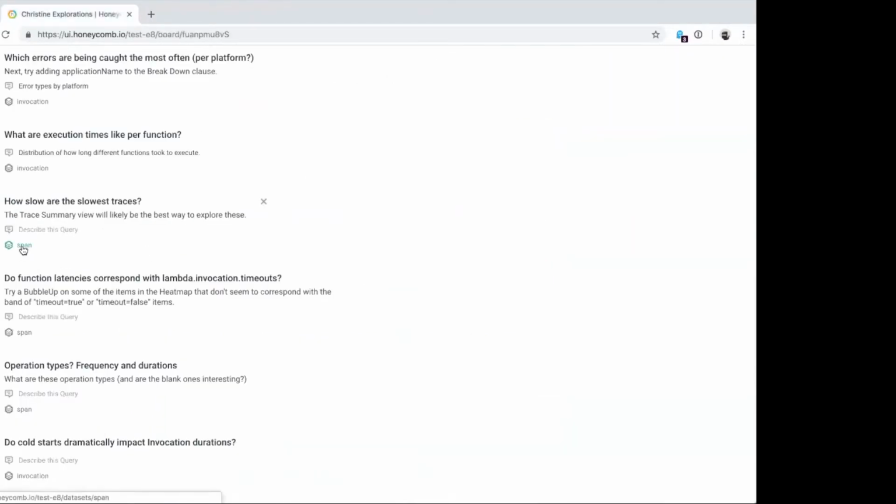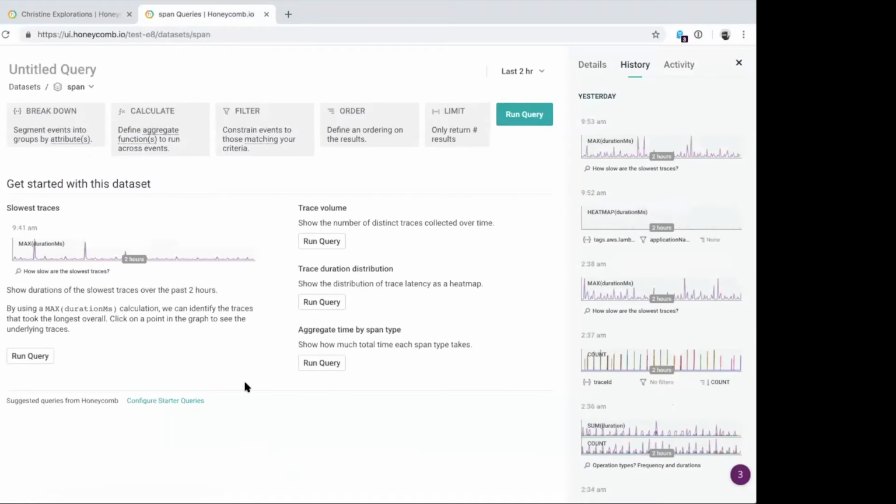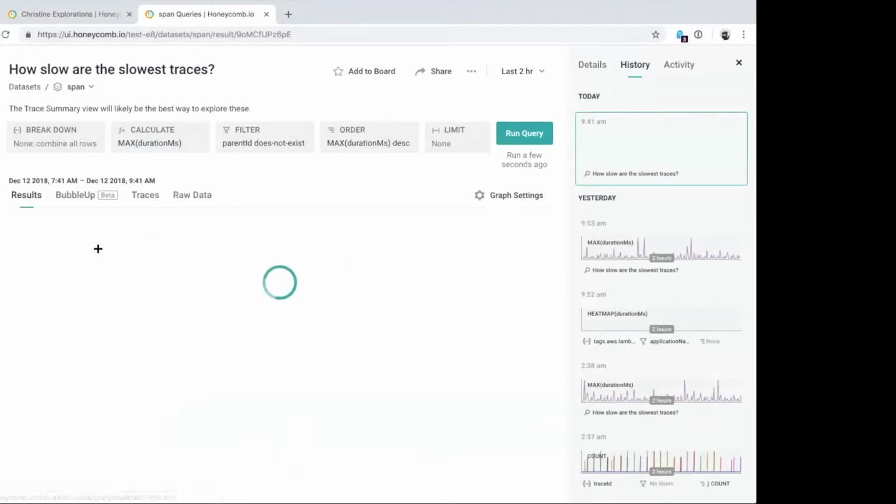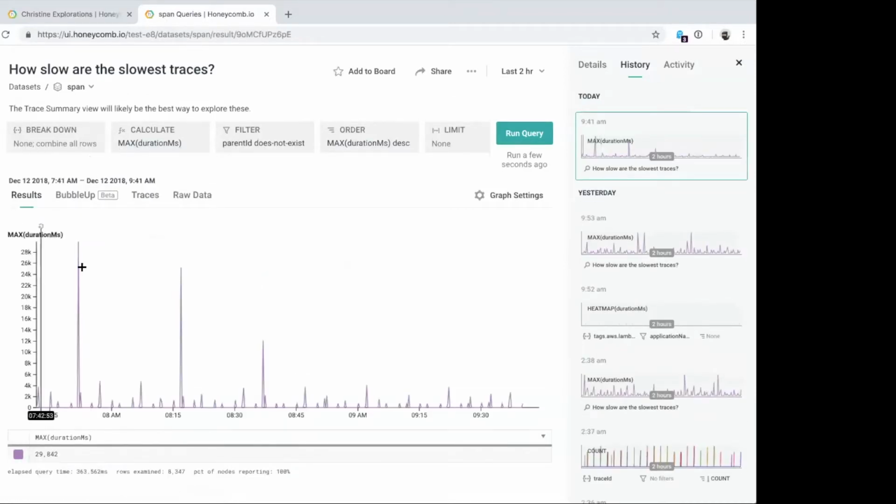One thing I really like to show off: Emrah mentioned the span dataset contains all sorts of data about the execution of the individual request, and you saw that cool trace view. This is the default dataset view. So if I was just coming in, not from a board, and I just clicked on the span dataset, I would be dropped here. And we've got some starter queries for you. This tells me about the slowest traces, or in this case, the slowest serverless functions that are invoked in my system. I can click, and it tells me over the last 2 hours it looks like it's about 30